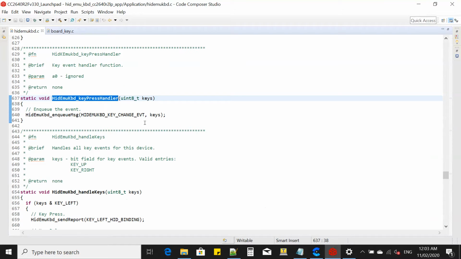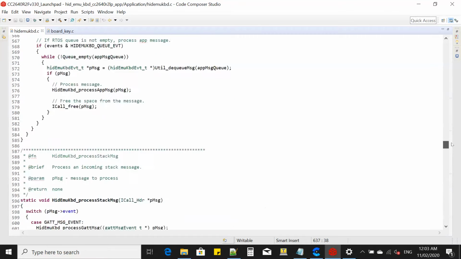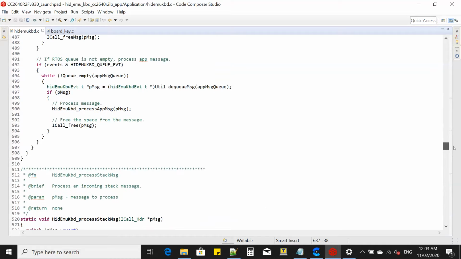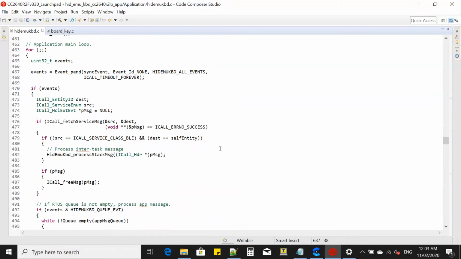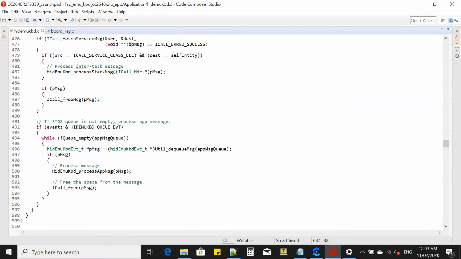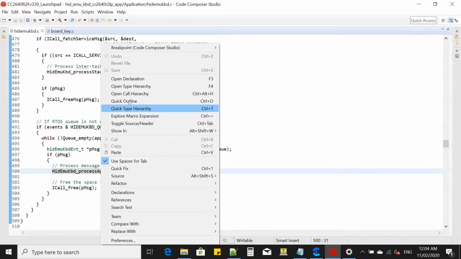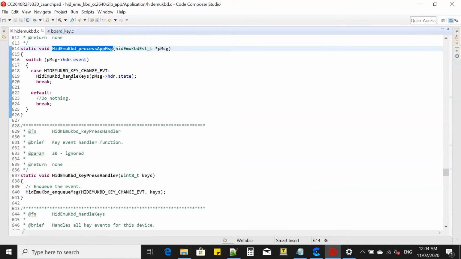It will queue and then go to the main function to process that event. Goes through here and will process that app message and then goes to handle keys,